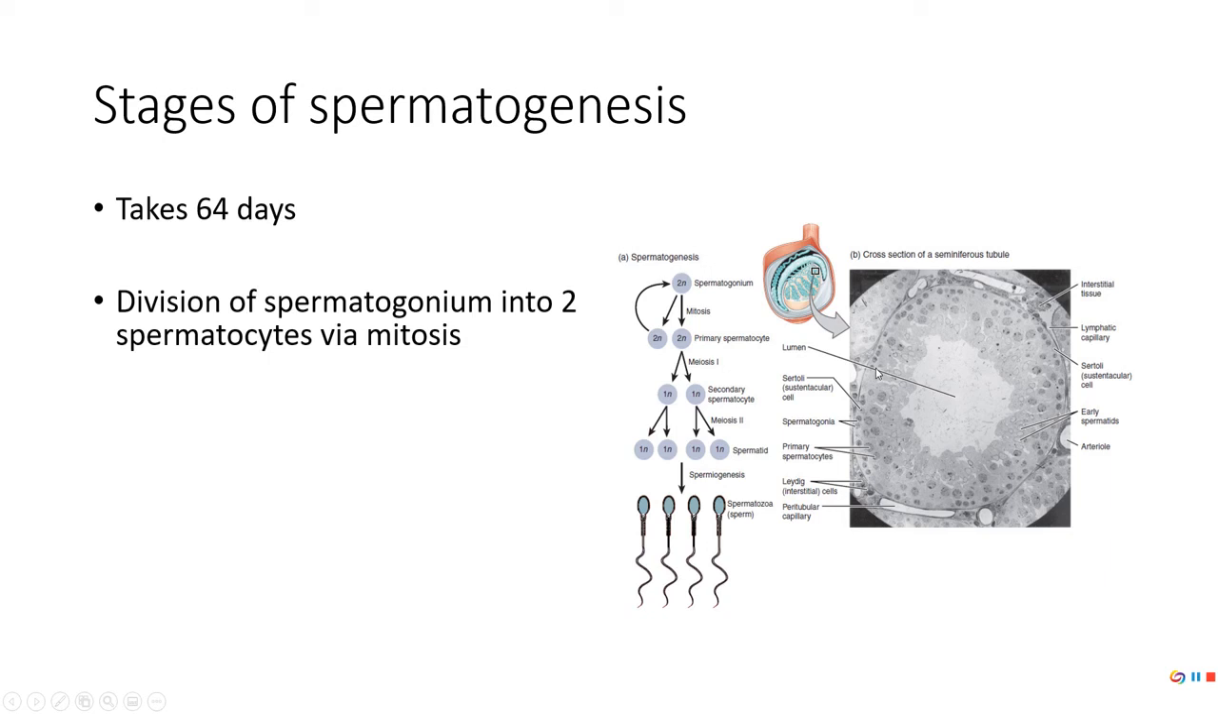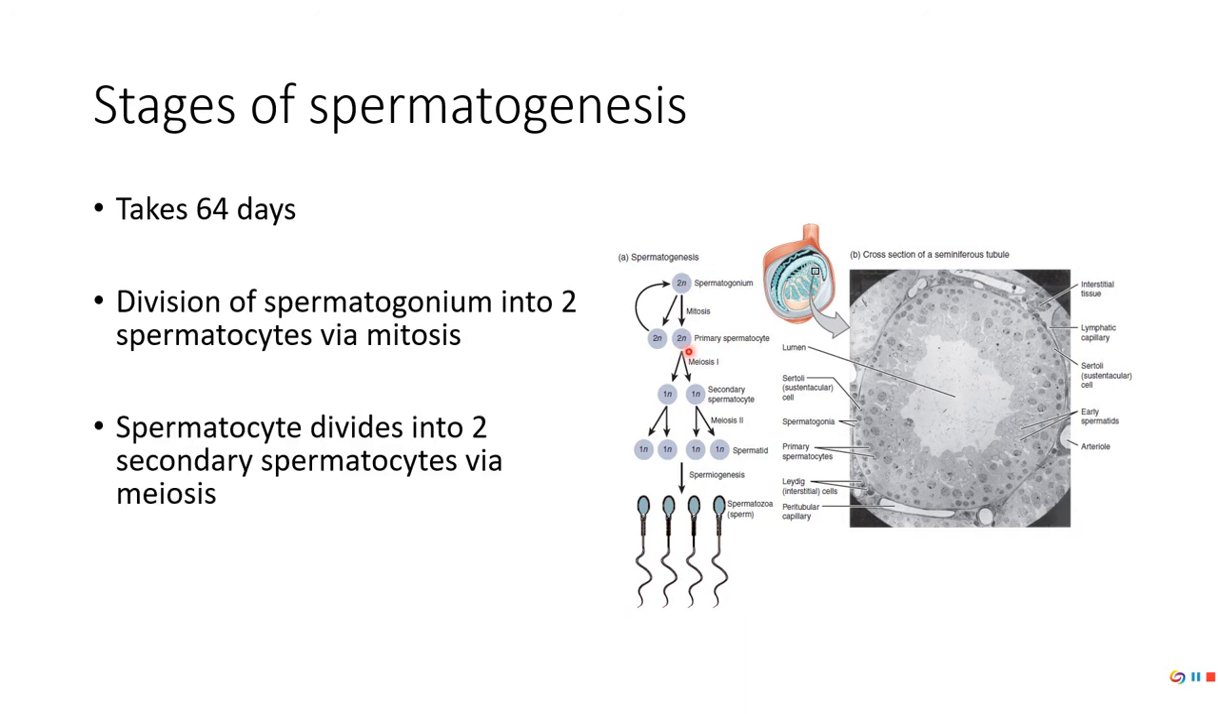Let me put on my highlighter here. Whoops, that's not what I wanted. I wanted a laser pointer. So we've got the spermatogonium. It goes through mitosis, and it becomes a spermatocyte. Notice here, it's got two sets of chromosomes, and then when it divides, both of these have two sets of chromosomes. Now one of those spermatocytes will then divide into what we call secondary spermatocytes through the process